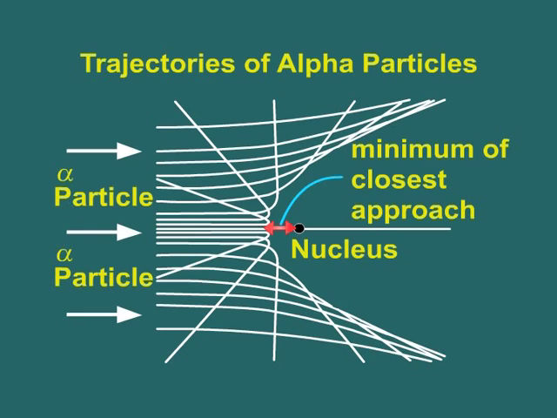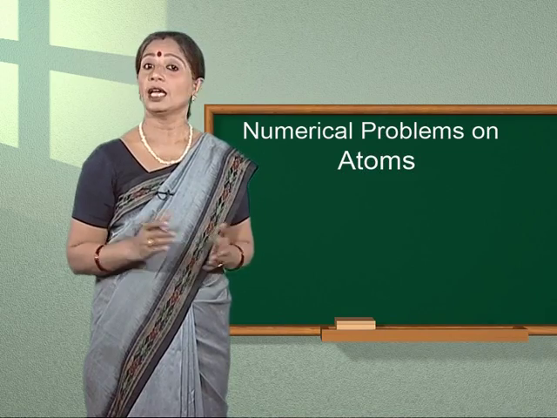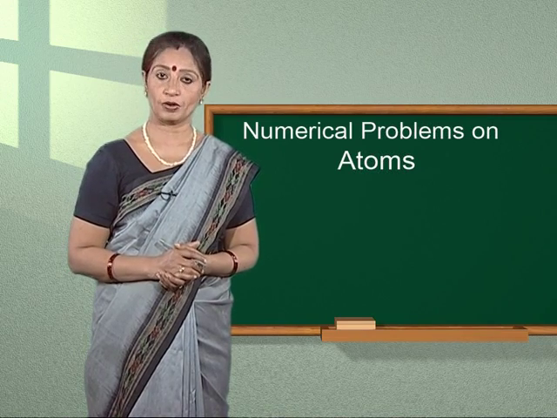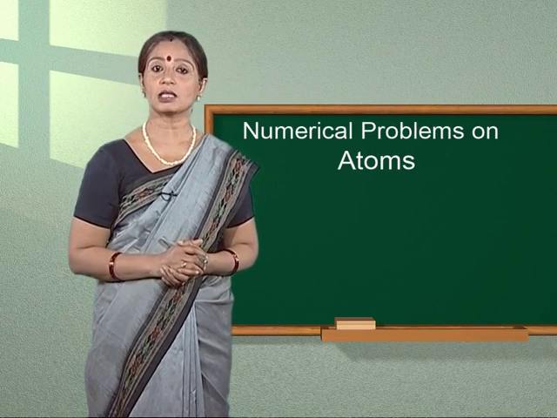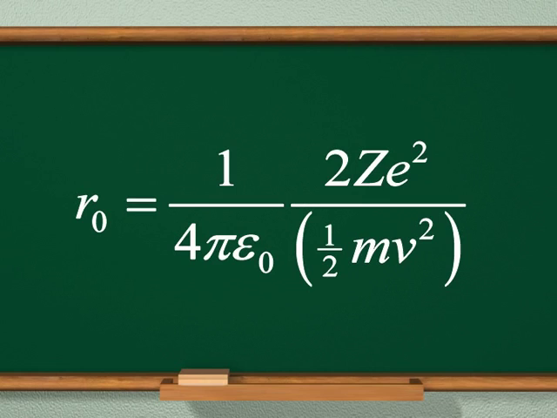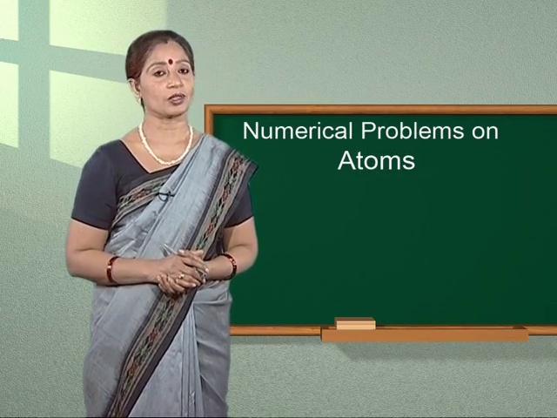Alpha particle ਦੇ head-on collision ਲਈ approach ਦੇ ਦੌਰਾਨ nucleus ਅਤੇ alpha particles ਵਿਚਕਾਰ smallest distance of closest approach ਕਹਾਉਂਦਾ ਹੈ। If the mass of an alpha particle is m and it approaches towards the nucleus of charge Ze with velocity v, then the distance of closest approach r0 is equal to 1 by 4 pi epsilon naught into 2Ze square upon half mv square. आओ इस पर आधारित कुछ प्रॉब्लम्स देखते हैं।